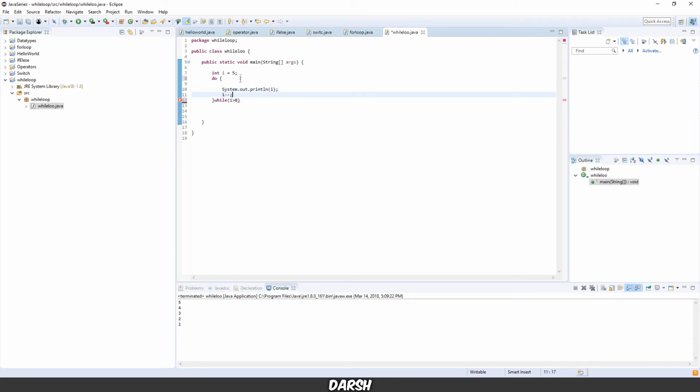In this case, we're checking i at the end, right? And you also have to put the semicolon here because this is the end of the statement. Normally you don't, but for do-whiles you do. So instead of checking at the beginning, it always checks at the end of this code. So now if we run it,